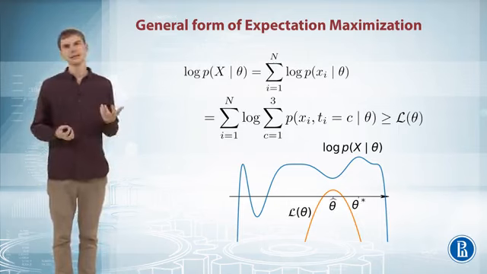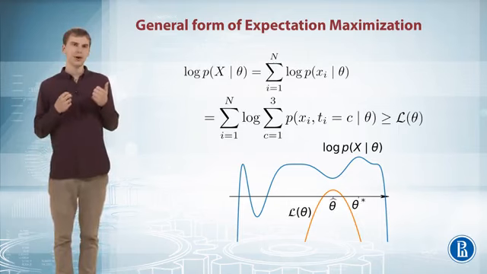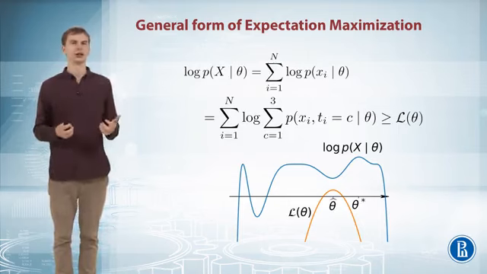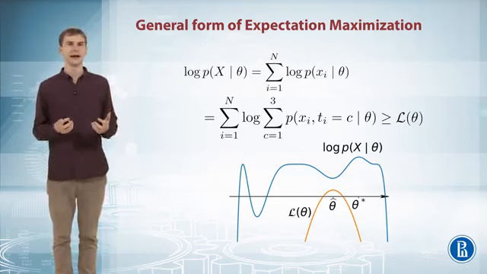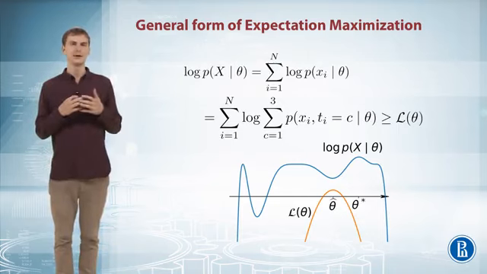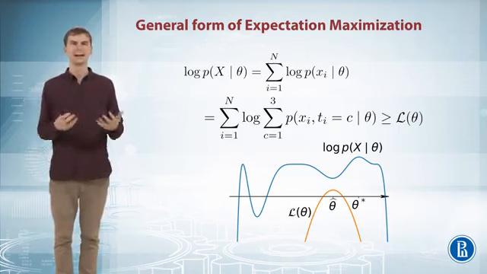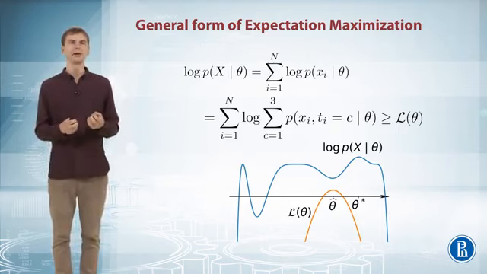Well, it's kind of reasonable, but it turns out that actually we don't have any guarantees. The theta hat, the optimum of the lower bound, can be arbitrarily bad according to the blue curve. Here, for example, the theta hat almost